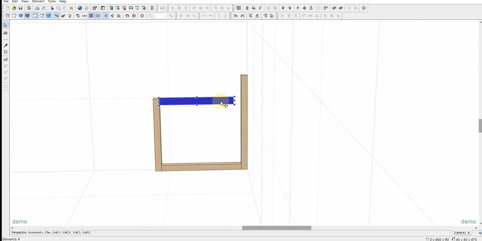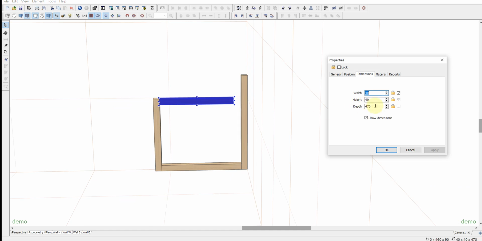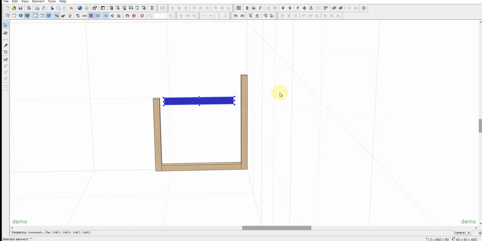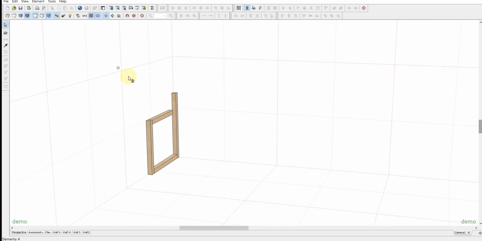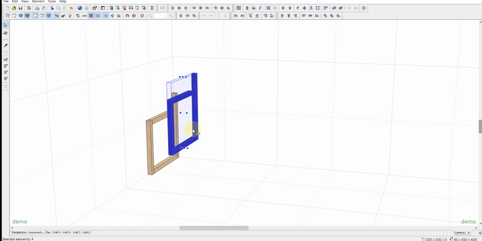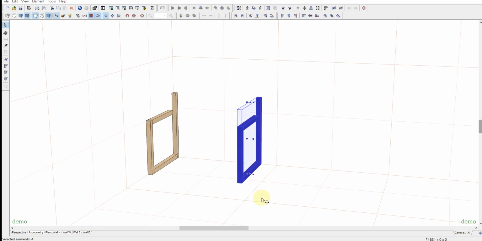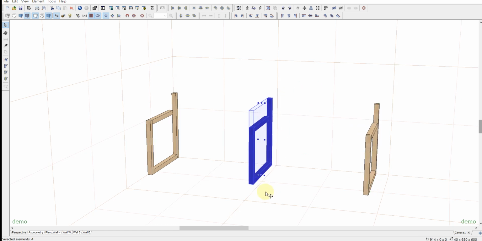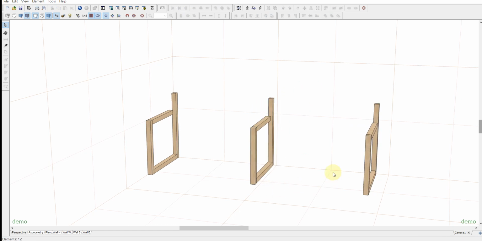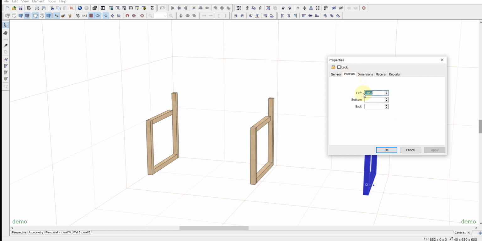Maybe a little smaller, minus 30. Now hold down the shift and select all these elements. Ctrl D to make a copy, put it here. And another copy here. For these elements, double click position to the left